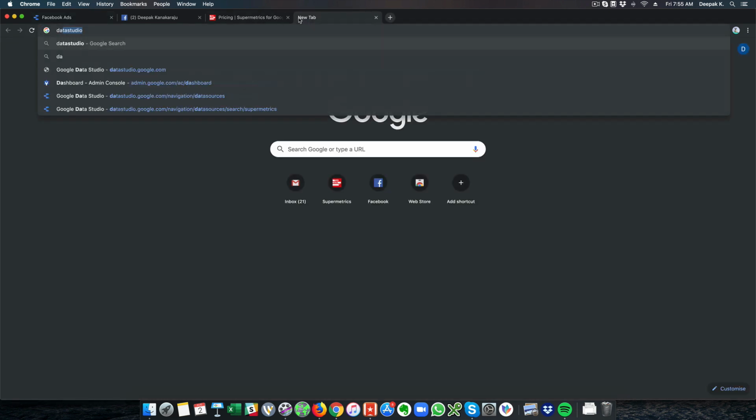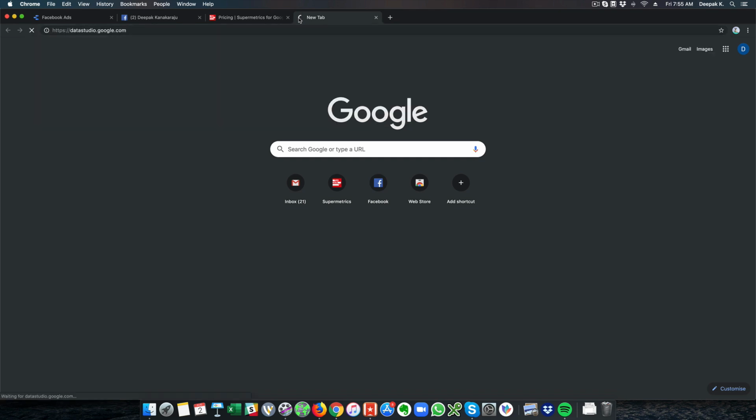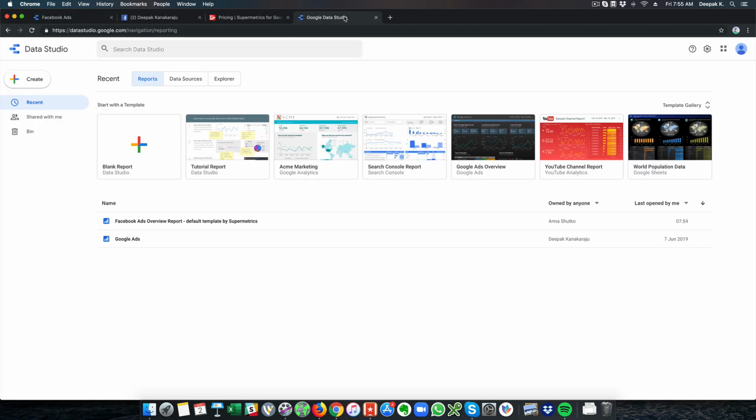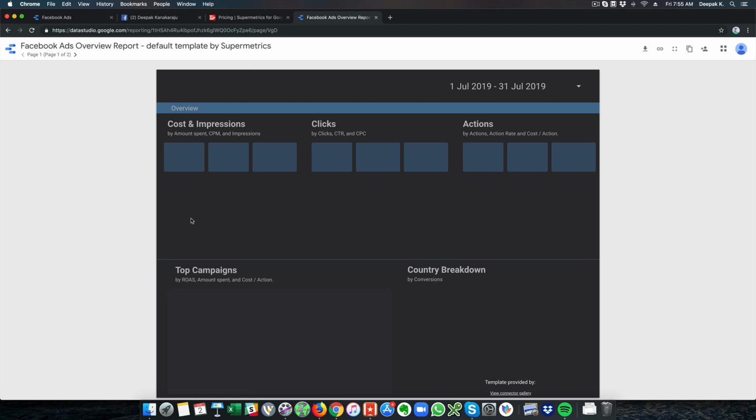So now we can check our Data Studio dashboard, see if we have the connector set up. So, Facebook Ads Overview Report Default Template by Supermetrics. Supermetrics gives you a default template with a bunch of data pulled in from Facebook Ads. So here you can see that.